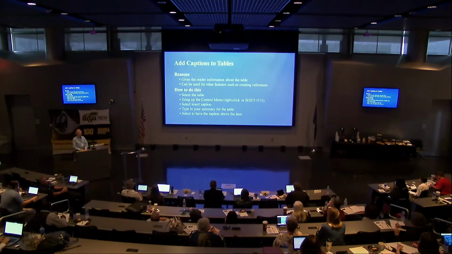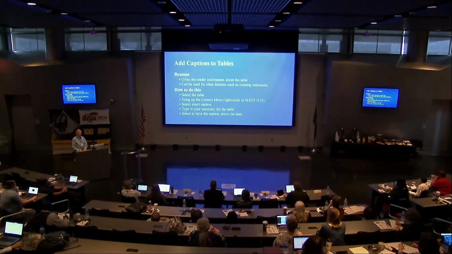First of all, you select the table. Then you bring up your context menu with a right click or Shift F10 or the application key. Select Insert Caption and then type in the summary of what you want that to be, the summary of that table. And it doesn't have to be long and detailed unless it needs to be to give the information. And then